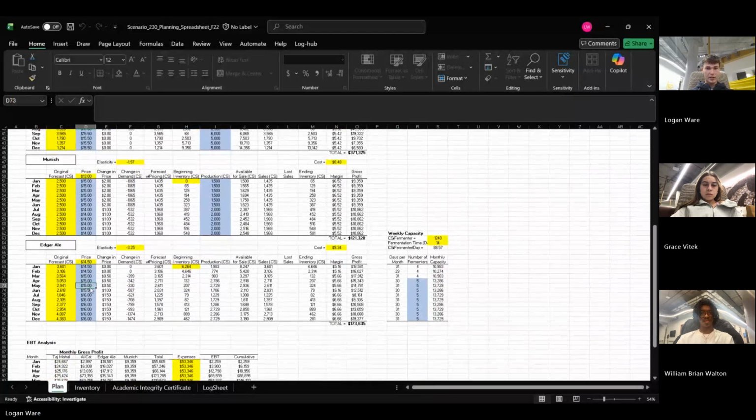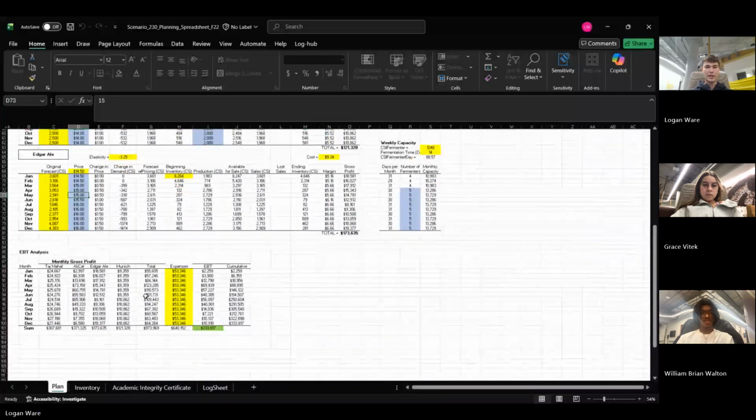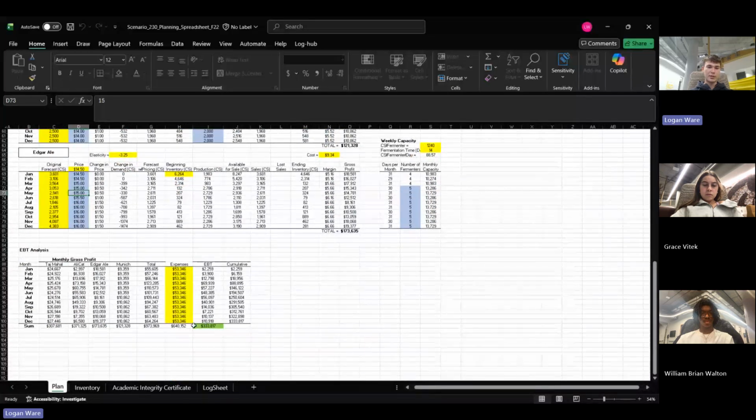Edgar, my goal with Edgar with the production was to keep it around 2000. I think I did a fairly good job. But to keep it from lost sales, I raised the price for a few months to 15 and then to 16 in the last months just to make sure I had no lost sales. I had a final EBT of $33,817, and